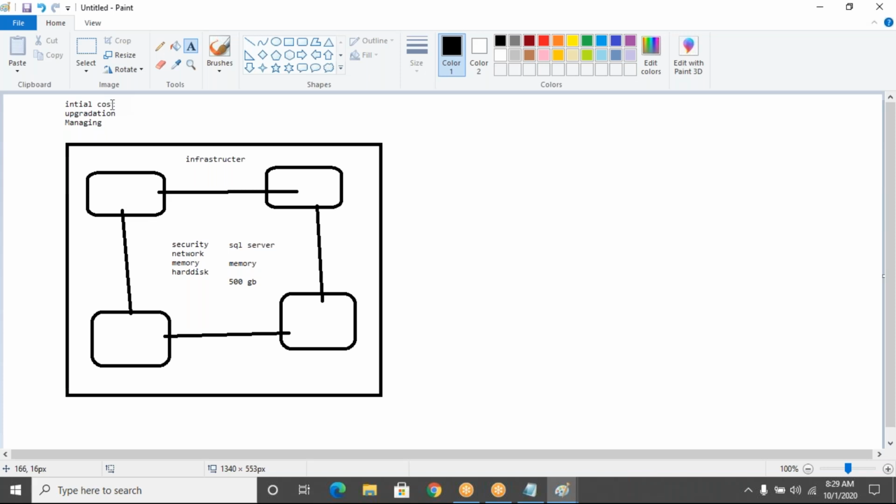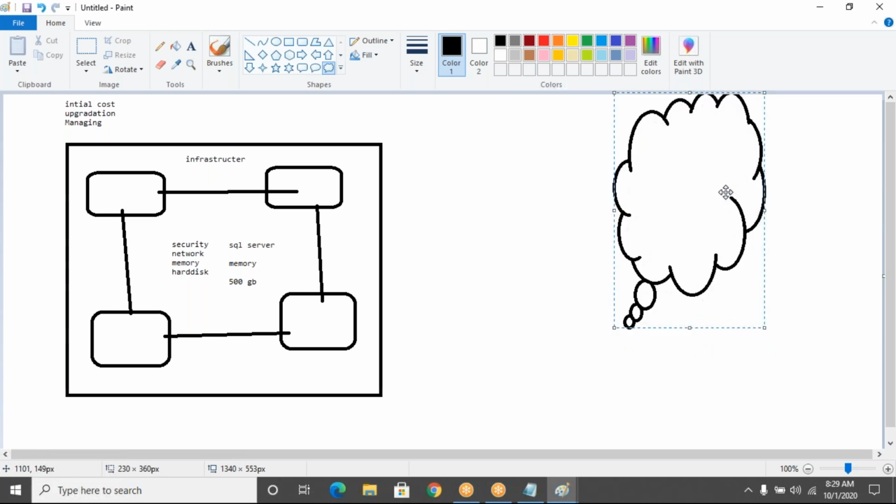Similarly, if you want particular software or infrastructure, why are you going to purchase all these things and set them up over here? If someone already has this setup and you can purchase it from them, that is nothing but a cloud environment. So cloud in the sense, services, the infrastructure or the platform, whatever is managed and maintained by someone, you can access from their computer to your computer through the internet.